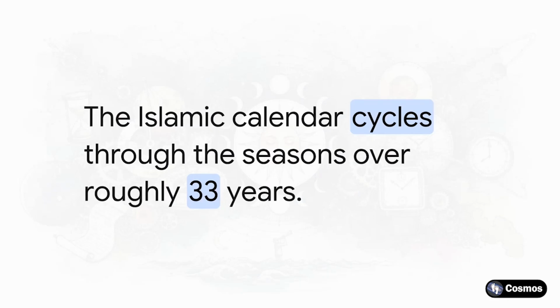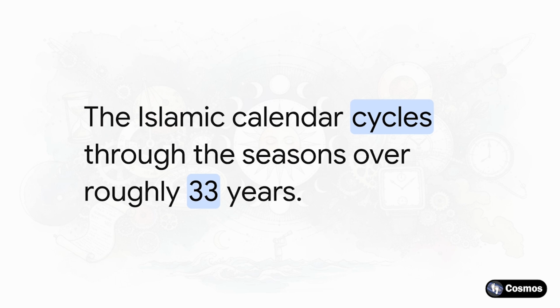Now, contrast those adaptations with the Islamic calendar, which takes an entirely different philosophical and mathematical approach to the problem. It is one of the very few purely lunar calendars still in widespread everyday use today. It doesn't use intercalary months at all. Because a purely lunar year is mathematically shorter than a solar year, the Islamic months actually migrate. If a specific month lands in the blistering heat of summer this year, gradually, year by year, it will shift. It'll move through spring, into winter, and autumn, taking about 33 years to complete one full, continuous cycle through all